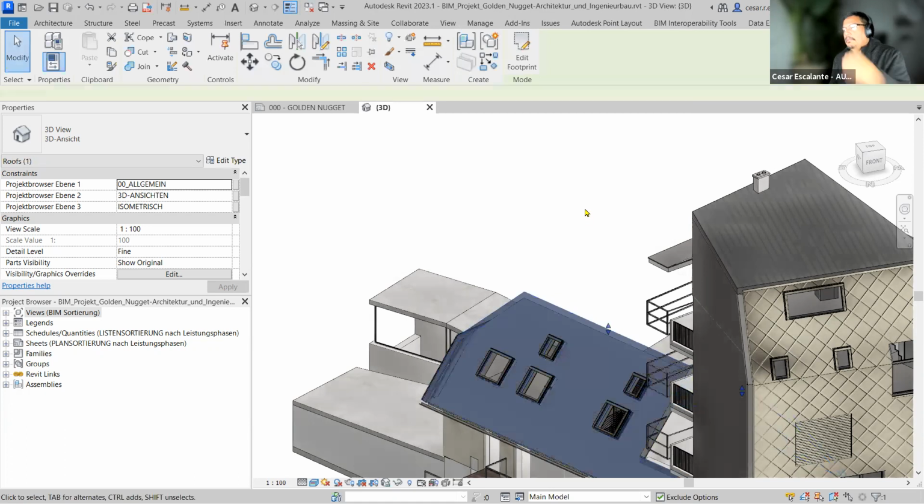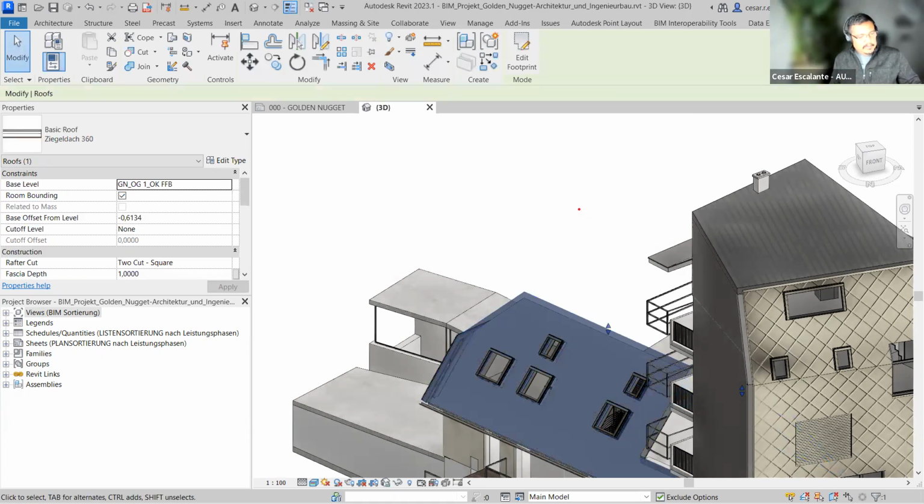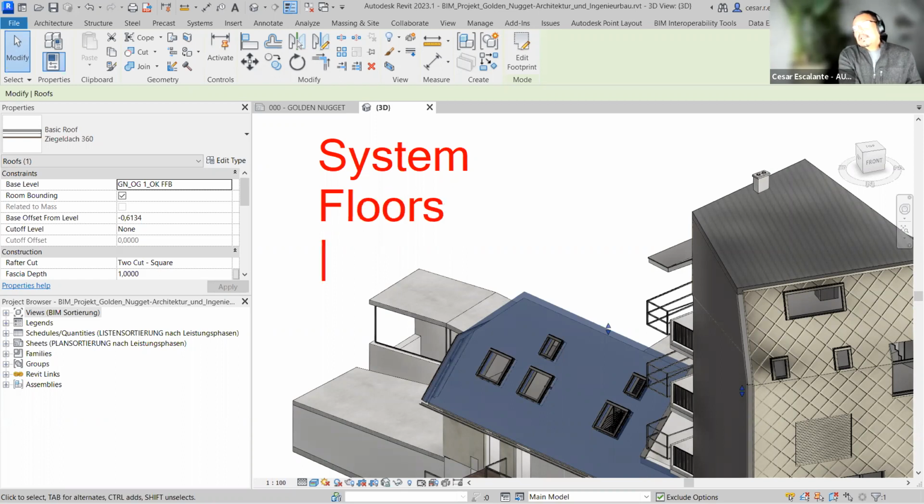So, system families, and again, this is a review for a lot of you. System families are families that live inside a project. You cannot save them as an external file. System families are usually families with a large, custom surface. Examples of system families are floors, roofs, ceilings, topo surface, topography,